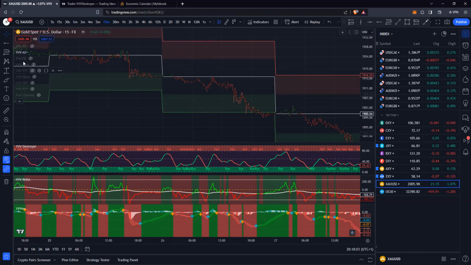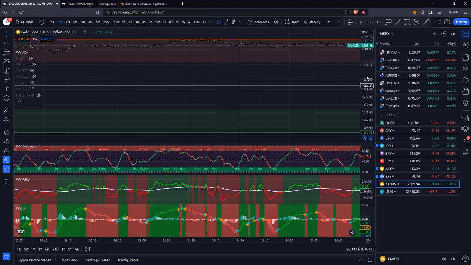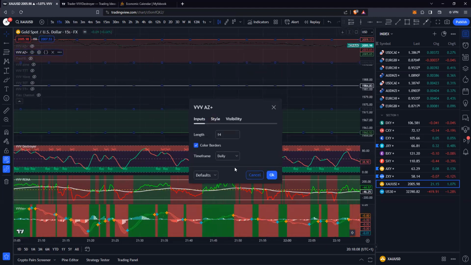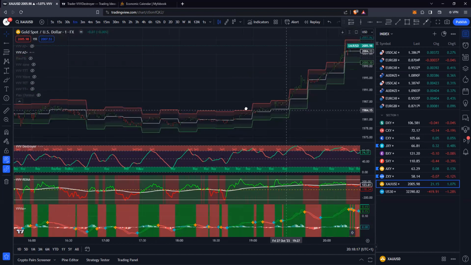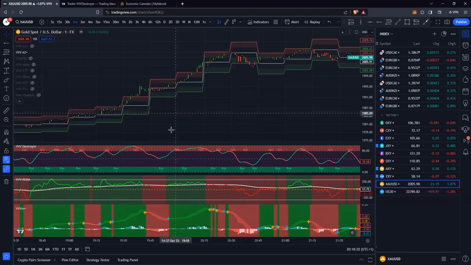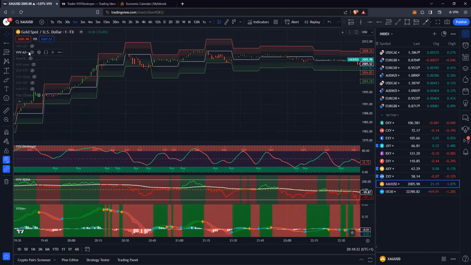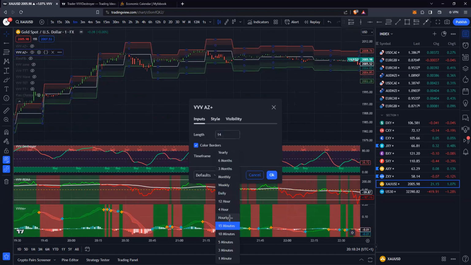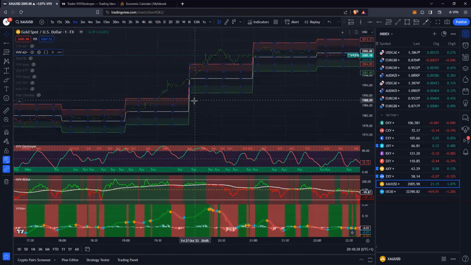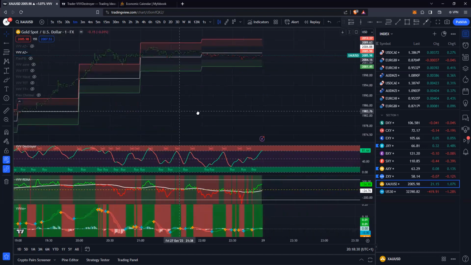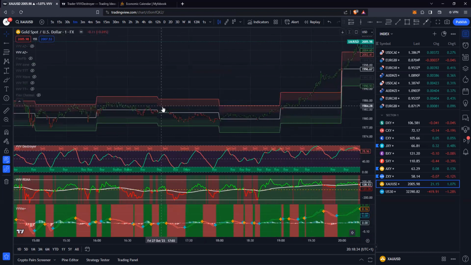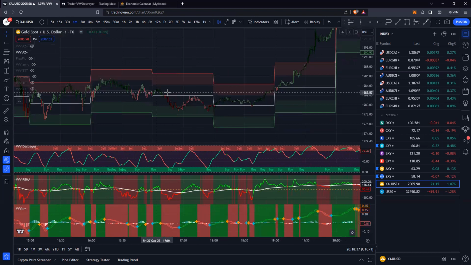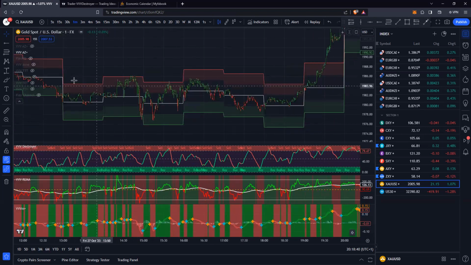Okay, now let's see the smaller time frames for the day traders, because that's why I added the smaller time frames, like 15 minutes, which I can say you can use on 1 minute, but on 1 minute there is not enough data. If you want to use 1 minute, I would recommend to take the hourly AZ, because then you have 60 candles. 60 candles is enough for the data,